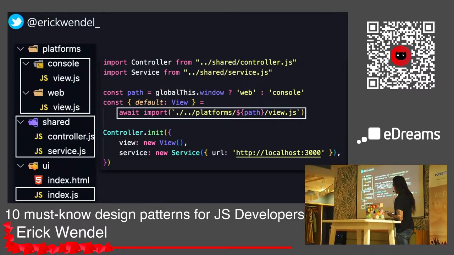So here I notice, well, if the window is not present, probably I'm gonna run this on Node.js, and then I start rendering the CLI. Or else I can run on the web and just use DOM APIs and dynamically import those modules using exactly the same code.